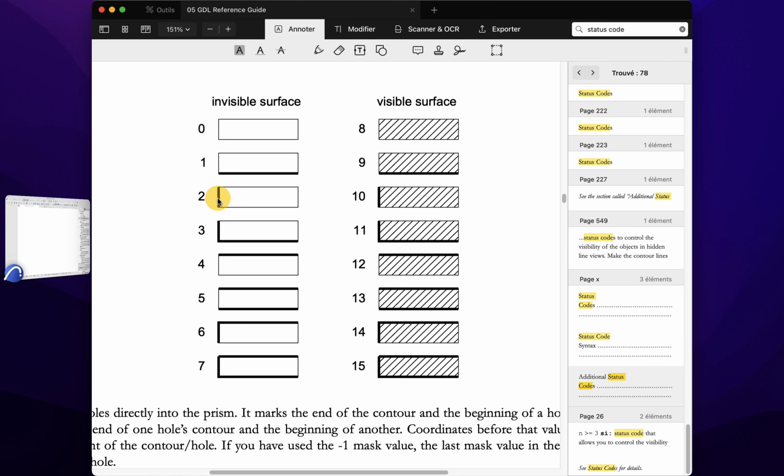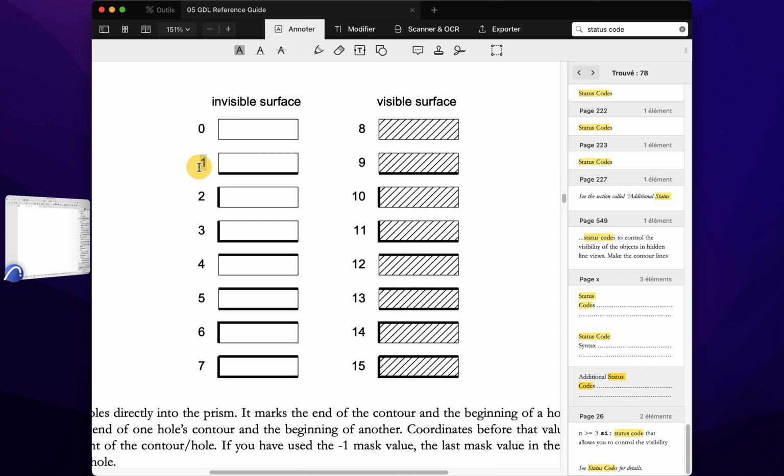But in 3D, we have the Z dimension, so now we need to introduce a new code, the number 2, and a new one as well, the 4, because the 2 will simply display the vertical edges, and the 4 will display the top edges. We also have a new code, the 8 value, which will display the face that is generated by the 3 edges, 1, 2, and 4, basically.